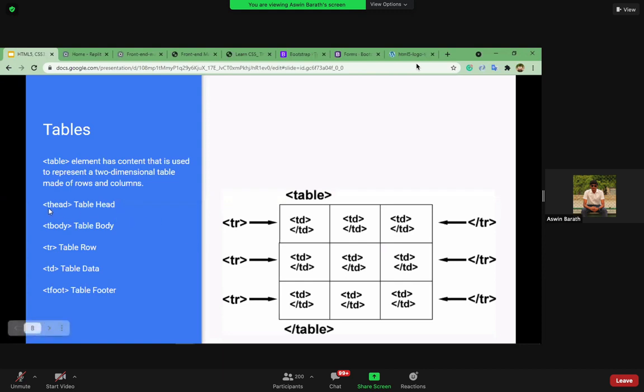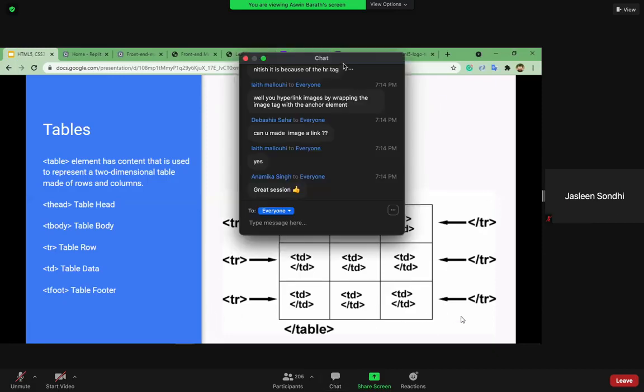So thead is nothing but table head. Whenever we have the titles of the rows and columns, so for each column you have a title, right? Let's say we have a table for food and food items. We provide the title on top of the column, right? We can do that using this thead tag, followed by tbody. What you can see over here in this image is entirely declared inside this tbody.